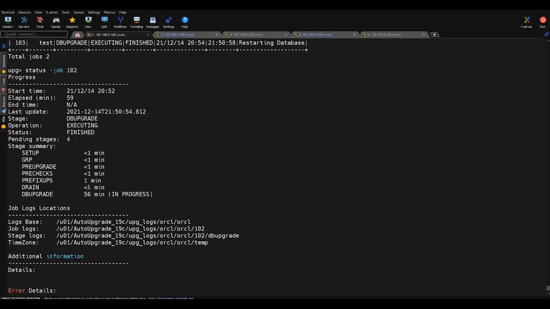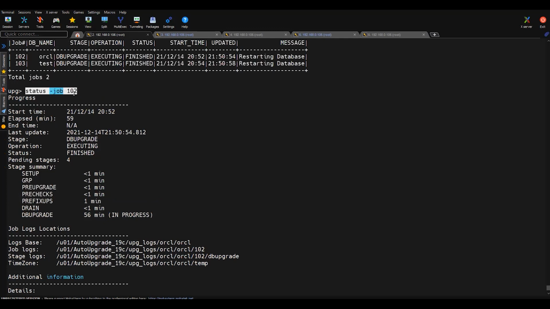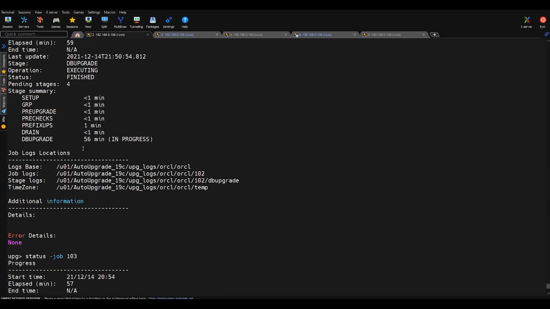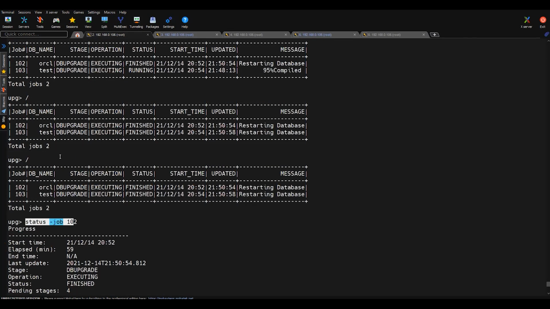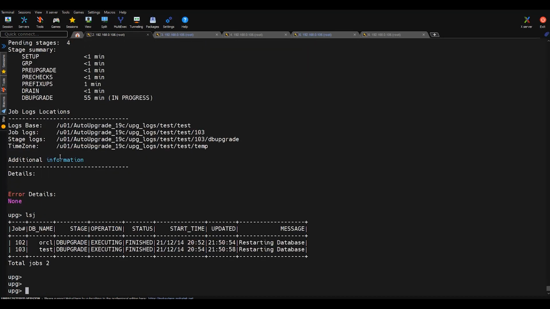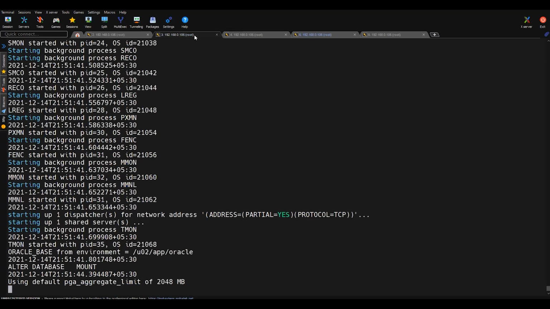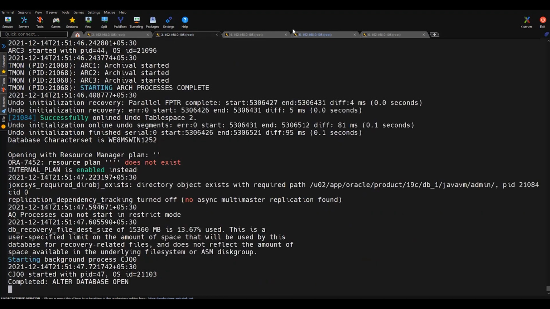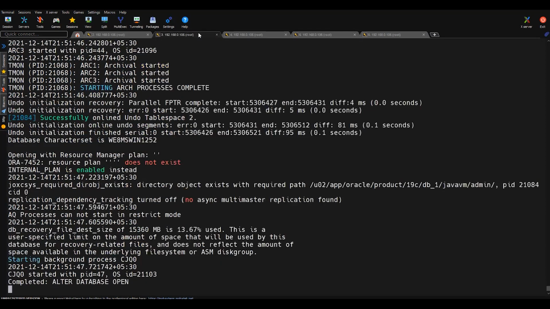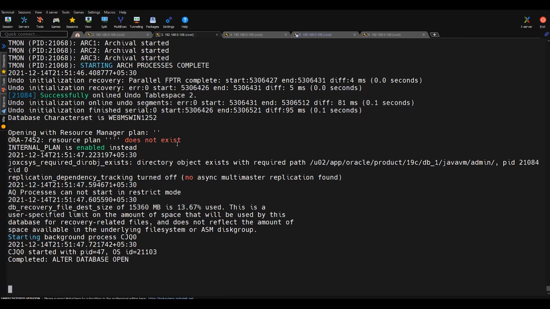Similarly, you can verify for the 103 job ID. Okay, so almost both are running on the same timeline, and you can run LSJ again. After this, it will upgrade the time zone also as part of the database upgrade.